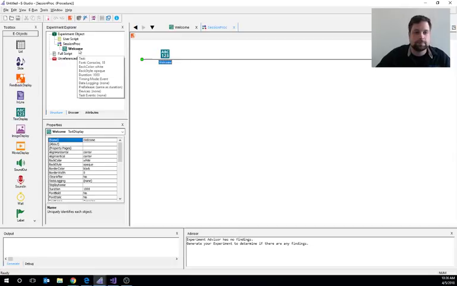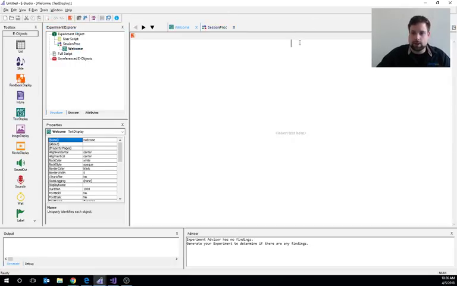So let's hop back into welcome, and let's make a very simple screen that can just be up while our participant is walking in. Say, welcome to the experiment. Press any button on the mouse to begin, or to continue. There we go. So the purpose of this task, or at least the original 1997 version of the task, is